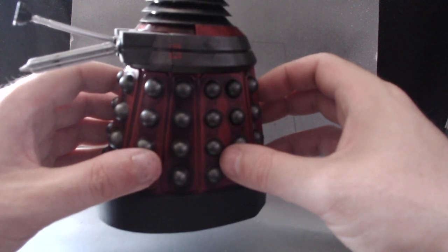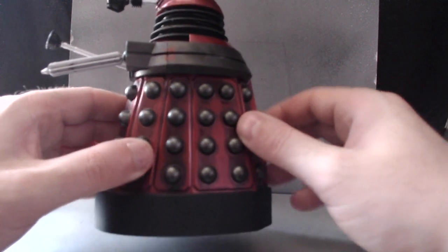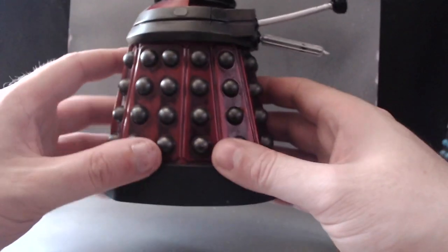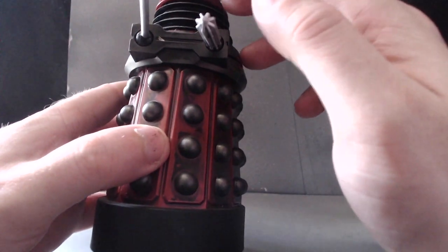Was it Scientist or Strategist? I think the blue one's the Strategist. I can never remember. But this looks really, really good. Really, really nice. I mean, I'm not too keen on the eye being organic,